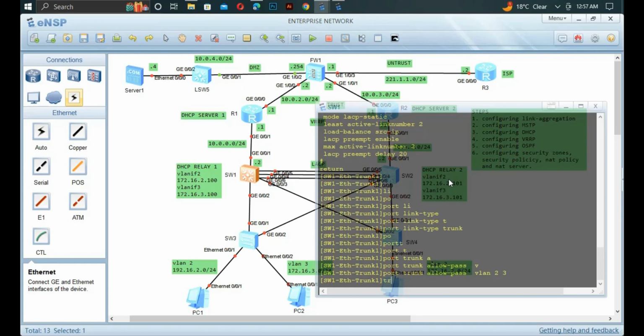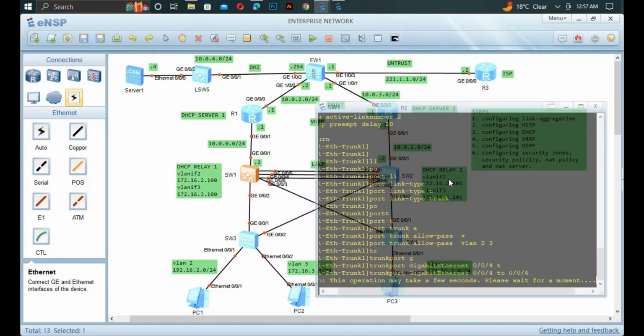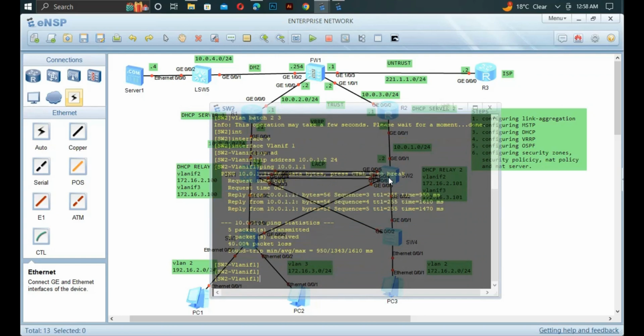Now we are going to trunk port gigabit 0/0/4 to 0/0/6. That's the range of the interfaces that we are supposed to add into our Eth-Trunk. Come to switch number 2. The same configuration on switch 1 should also be the configuration on the Eth-Trunk of